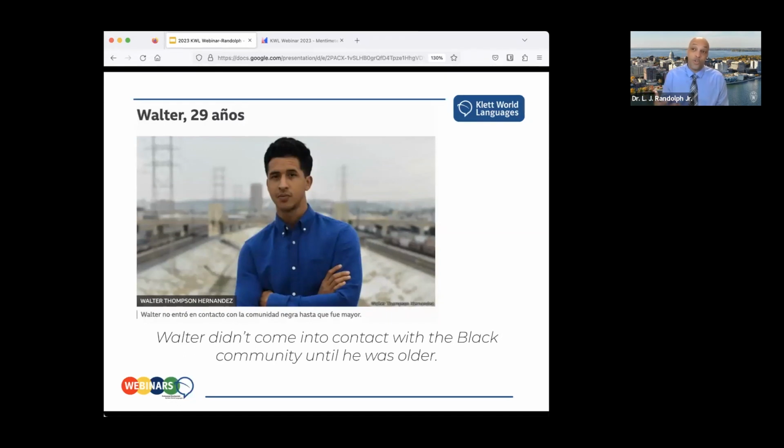And what's cool about an assignment like this is you can see all of these people are roughly the same age, they're all from LA, they all identify as Blaxican, but they all have vastly different experiences, right? So this is one way that we can begin to combat stereotypes, because there's no way that students are going to walk away from this thinking, oh, this is the Blaxican perspective, or this is what all people who identify as Blaxican think. Identity is messy. And when you use authentic resources, that comes to light.